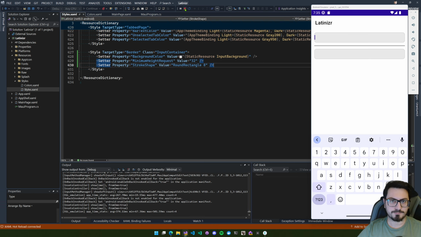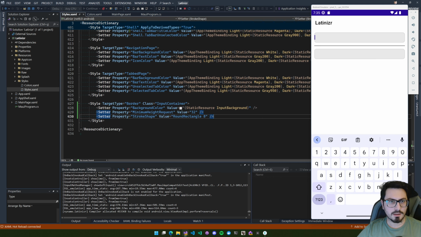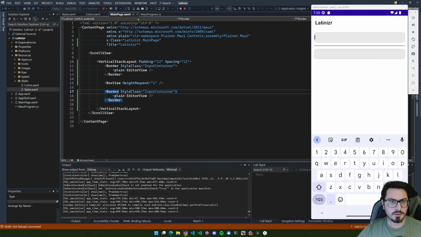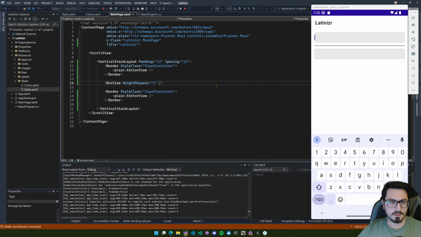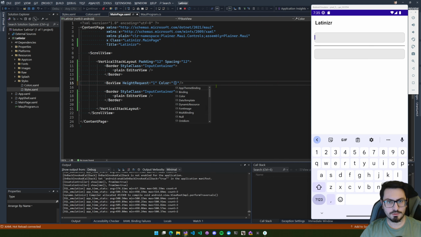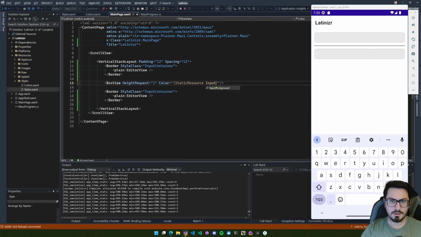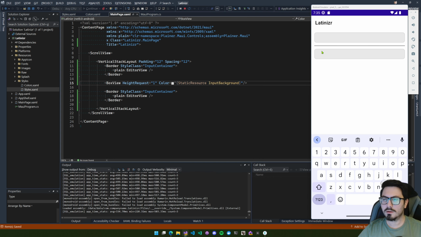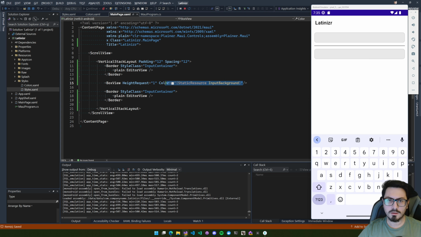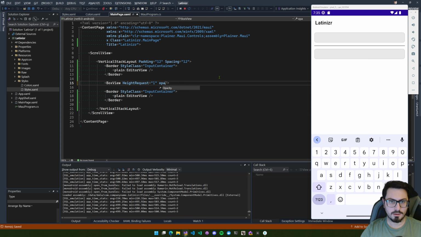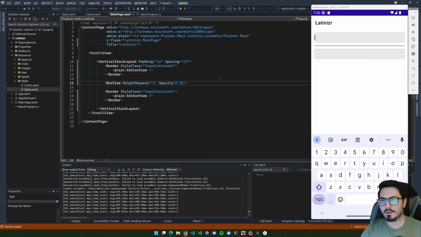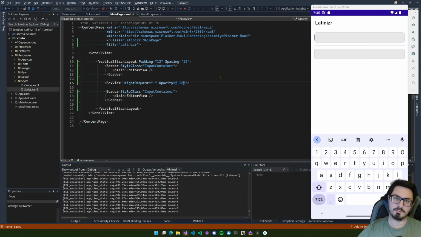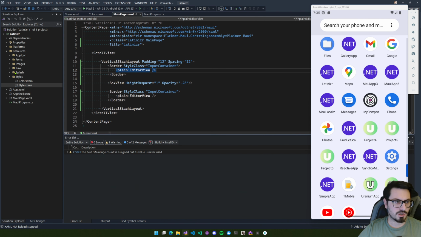Okay, let's continue. Maybe this color should be changed. I'll use the same color static. Or just change the opacity to half. Not quarter. Yeah, quarter is better. Okay, let's continue. I have this page